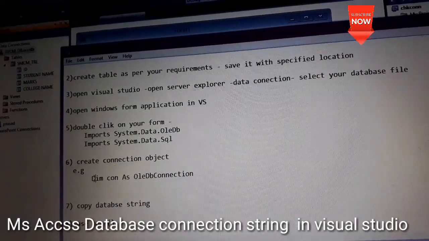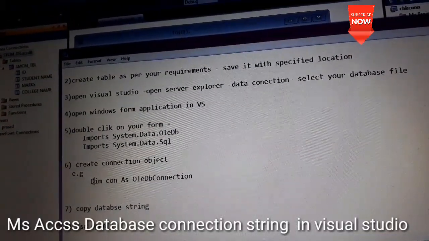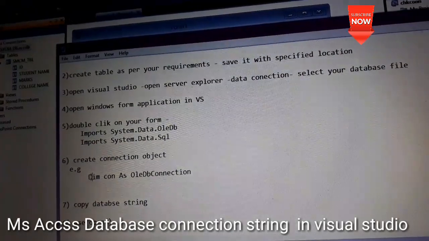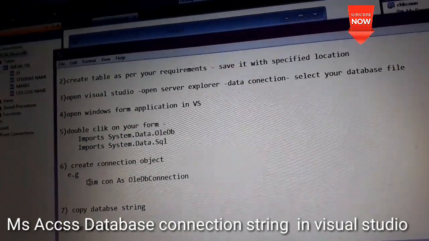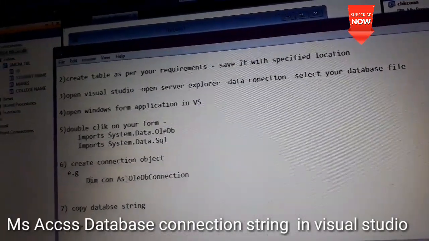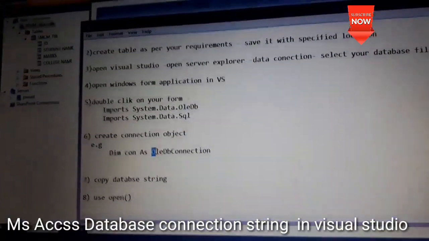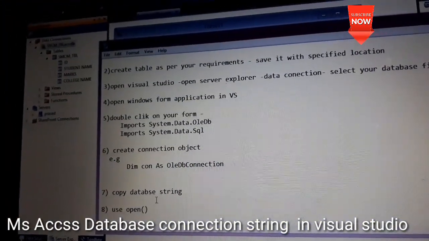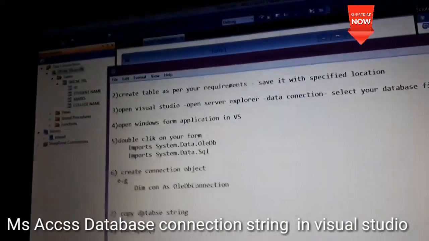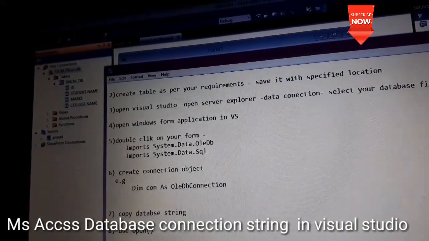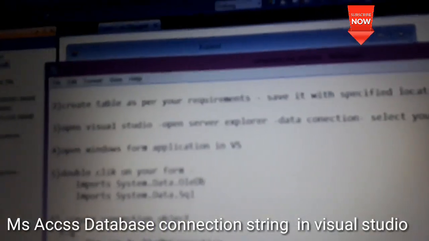We already know that if we are creating any variable or object, we use Dim, with the object type OleDbConnection. Then the seventh step is to copy the database string and use the Open method for opening the connection.